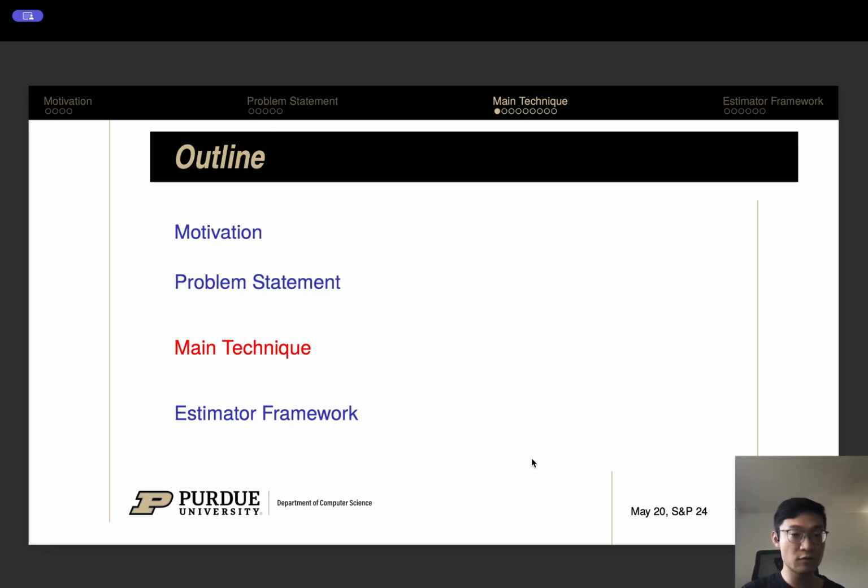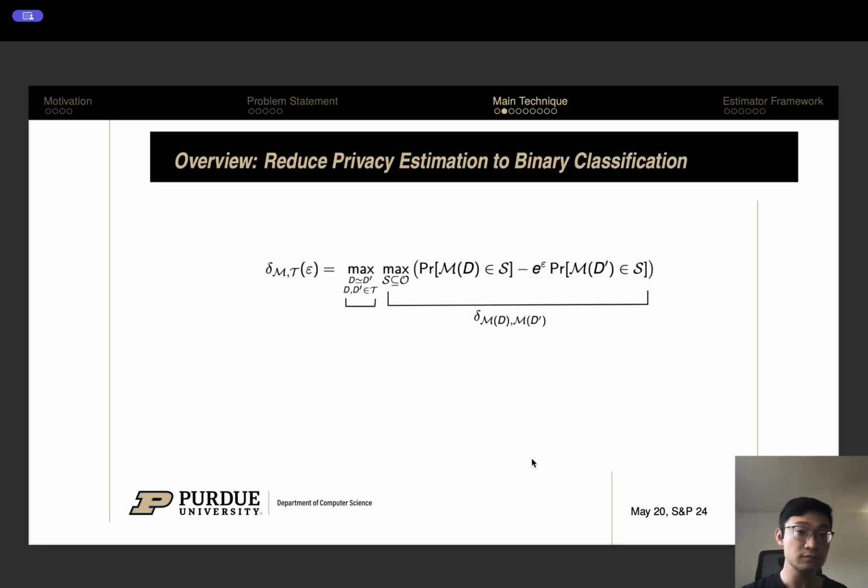Since we have already introduced our problem statement, I would like to shift gears to the main techniques that help us solve the problem. Our main idea is to reduce the privacy estimation problem to a binary classification problem. So we first write down the relative DP privacy spectrum expression. On the right-hand side of the expression, we can break it down into two parts. The inner part, delta subscript M of D and M of D prime,